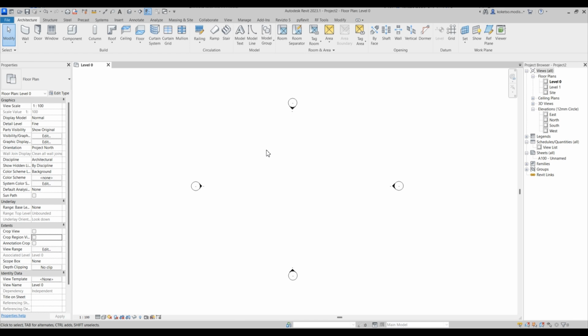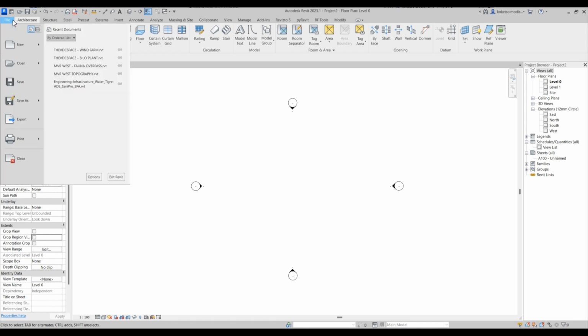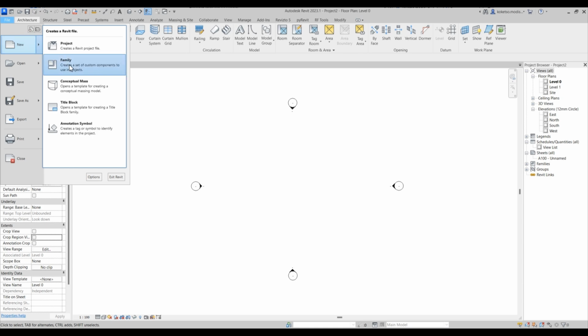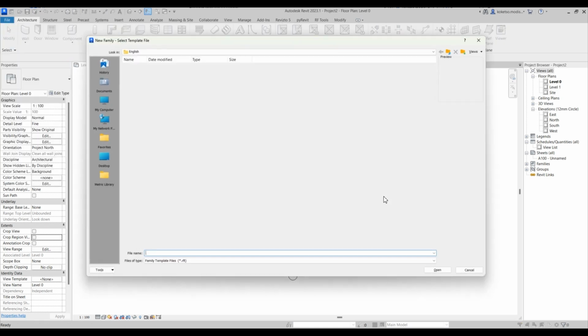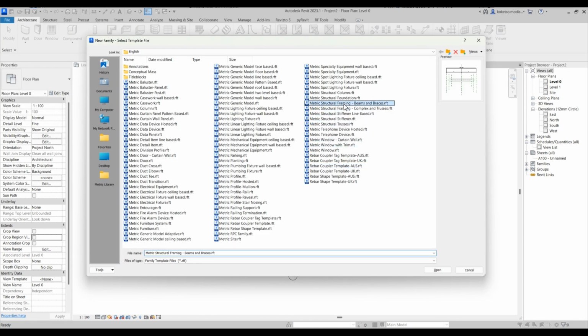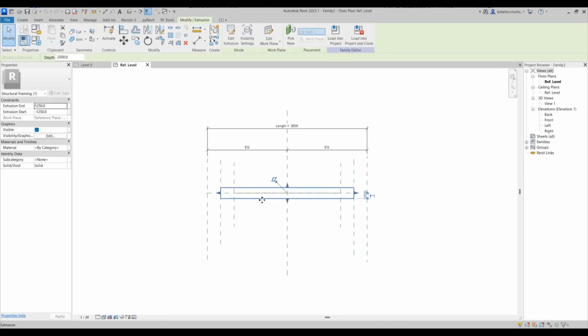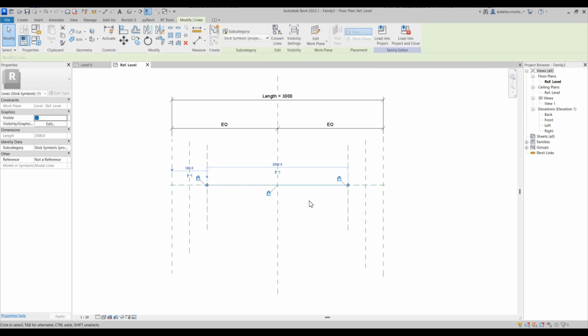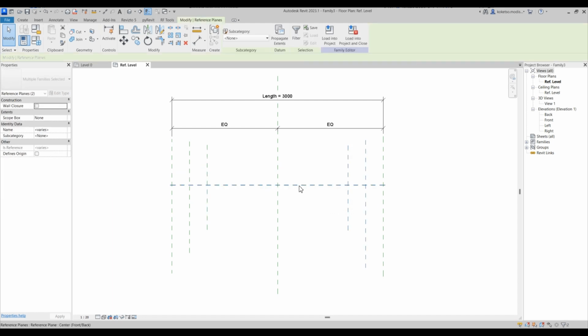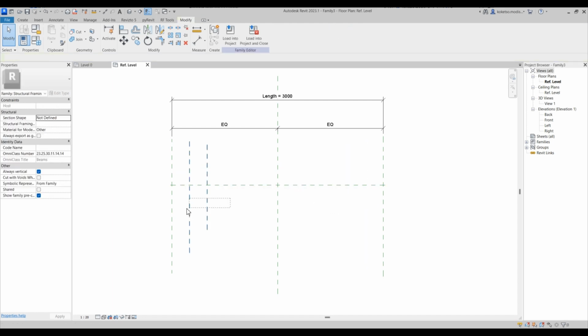Now without further ado, let's jump into our project. So I open up a construction template as always. So obviously for our culverts, you're gonna go to File and say New, and then Family, and the template we're gonna use is the metric structural framing, beams and braces. You're gonna say Open, remove this extrusion that comes with the family template and the reference line and these 4